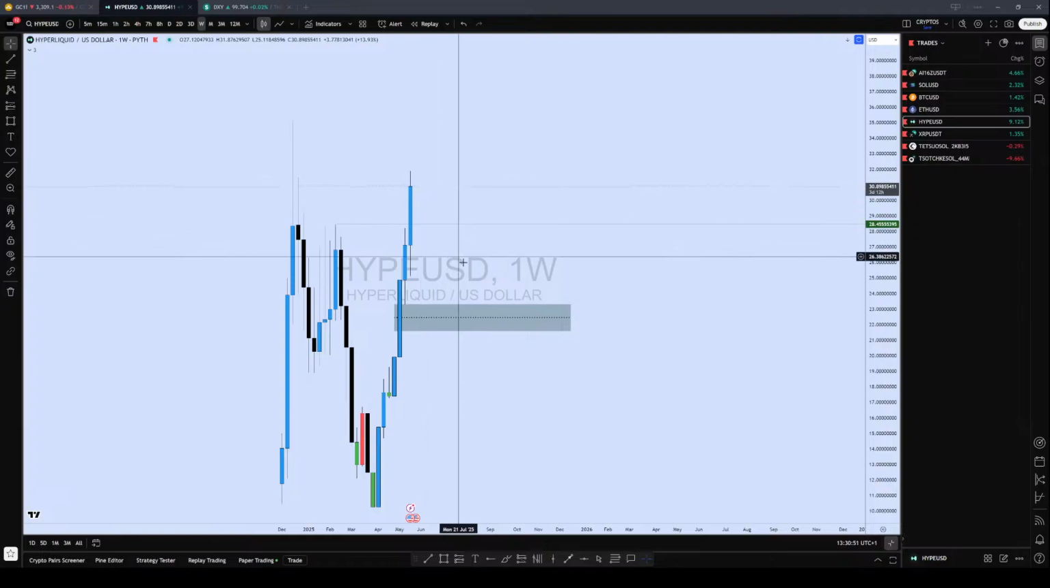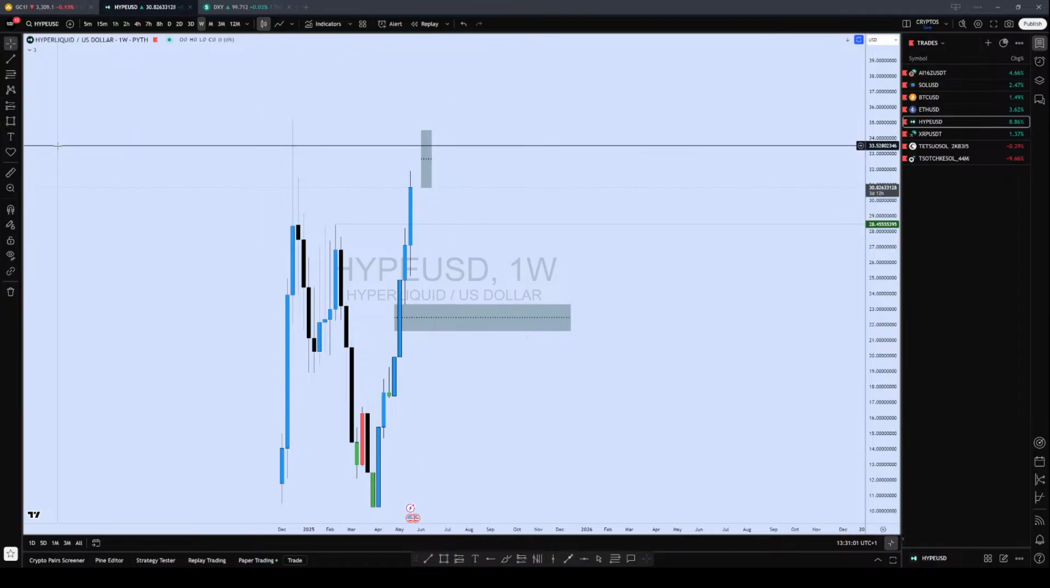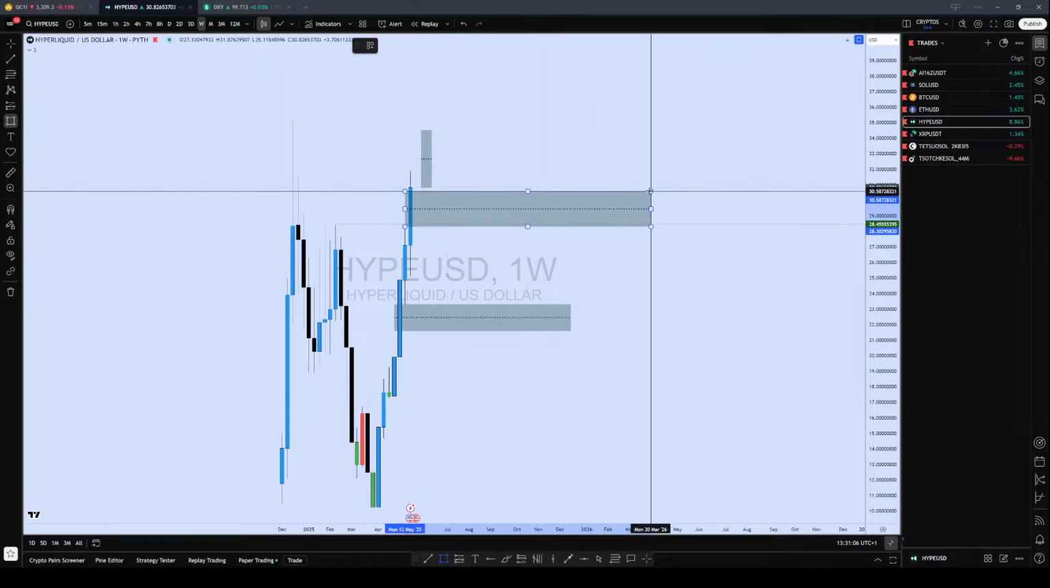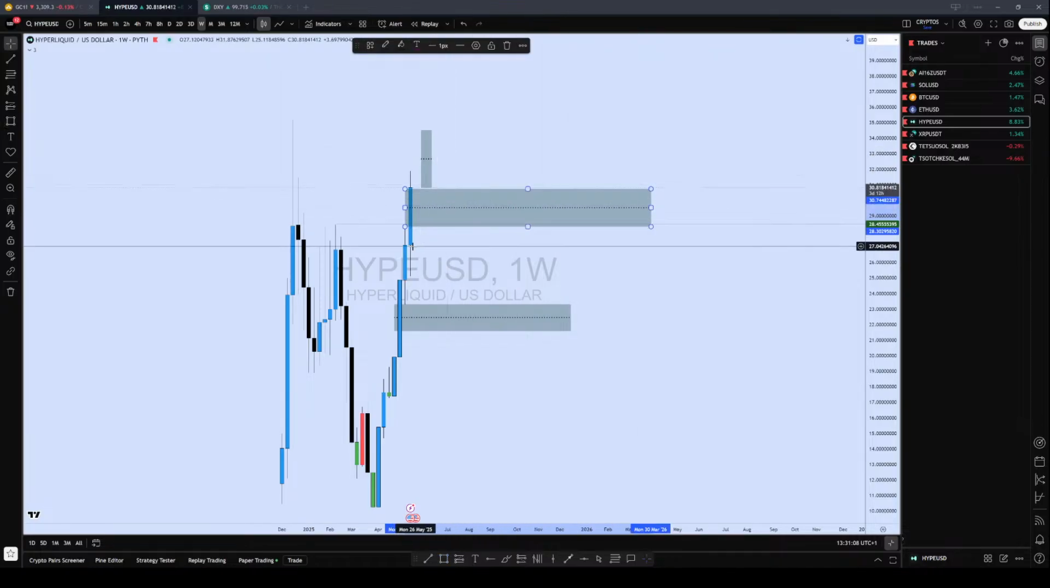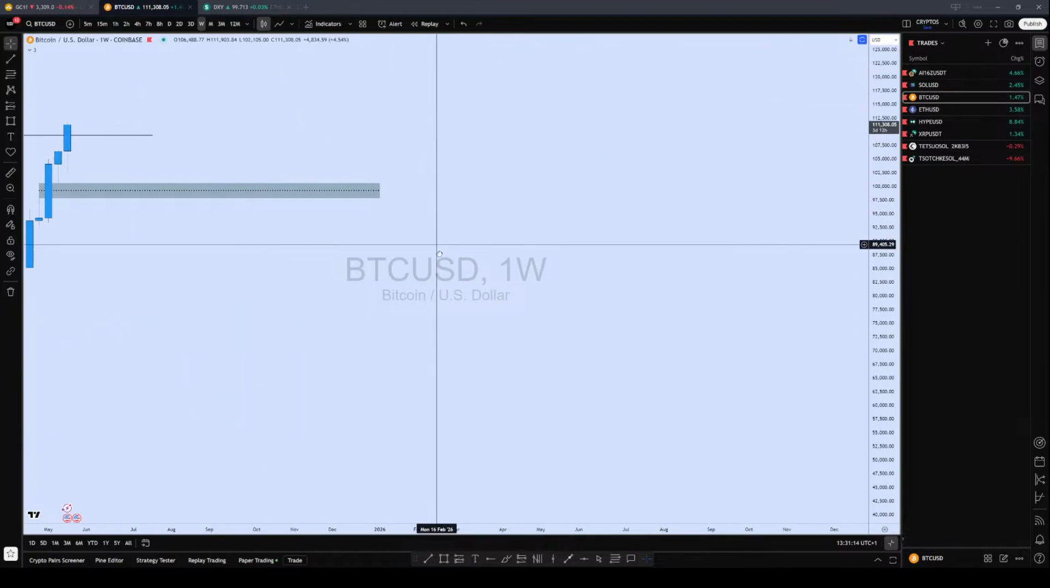Now, we still have 1 week to go, which is next week, and that next week candle can go up and the month will end. If we do get that, then this will be the gap, because it will create another gap here. So same thing applies to Bitcoin, right? If next week's candle